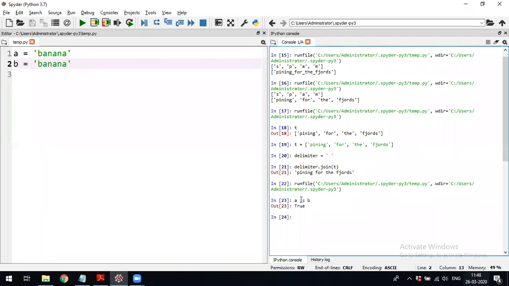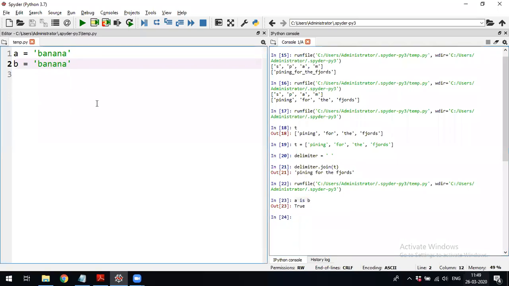In this case, whenever you create a string, both a and b are string objects. First condition is matched, a and b both are referred to the same object. The next thing is, it just compares the values. Both the values are same, that is why a is b is true.